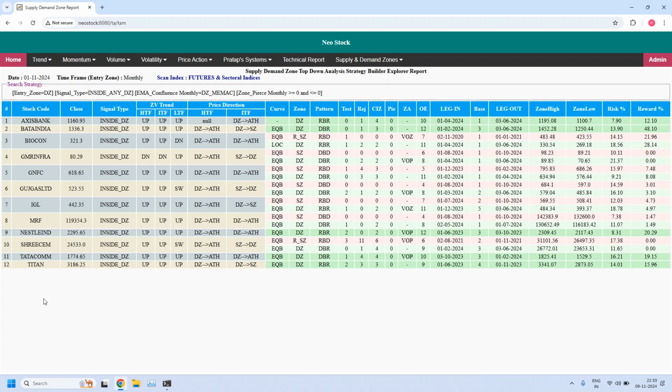Uptrend you can plan bullish trade setup stocks. Downtrend you plan a counter trend trade setup related stocks. Okay, these are the 12 stocks. Few are having sideways. I think couple of stocks. Remaining 10 are having the trend is uptrend or downtrend. Okay, next let us look for